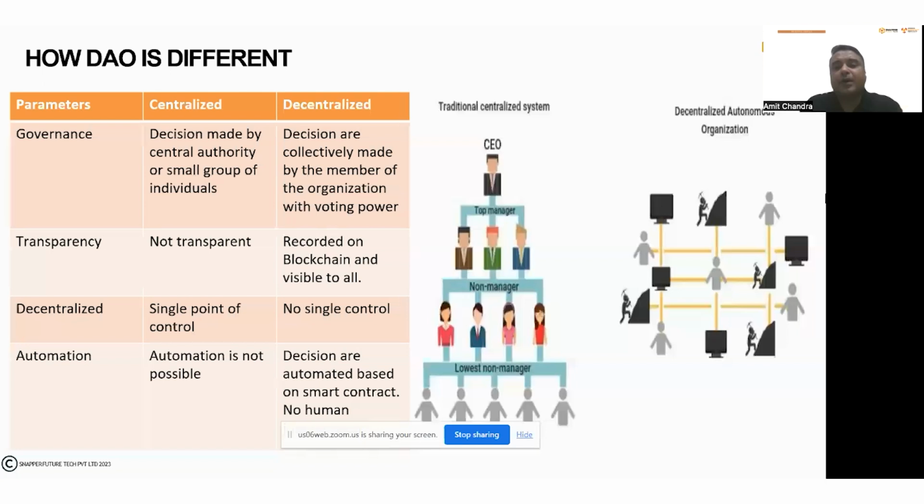So there are four parameters in which this decentralized autonomous organization can be differentiated from the centralized method. One is the governance. In the centralized structure, decisions are made by a central authority or a small group of individuals. It says that the CEO and the top management take the decision on what is bad and what is good for an organization. Whereas in a decentralized method, all the decisions will be taken by a collective of people. Everyone has the right to take decisions about anything in the company which makes the company